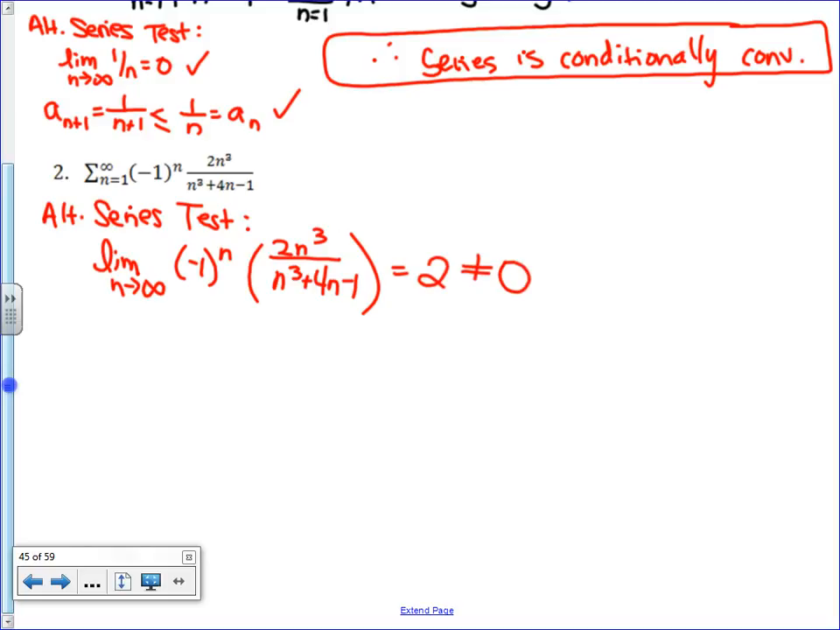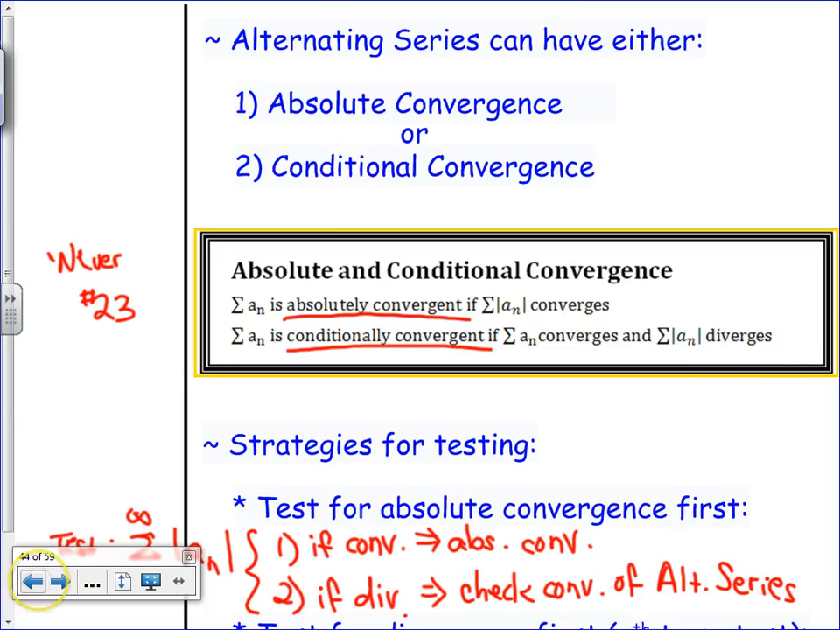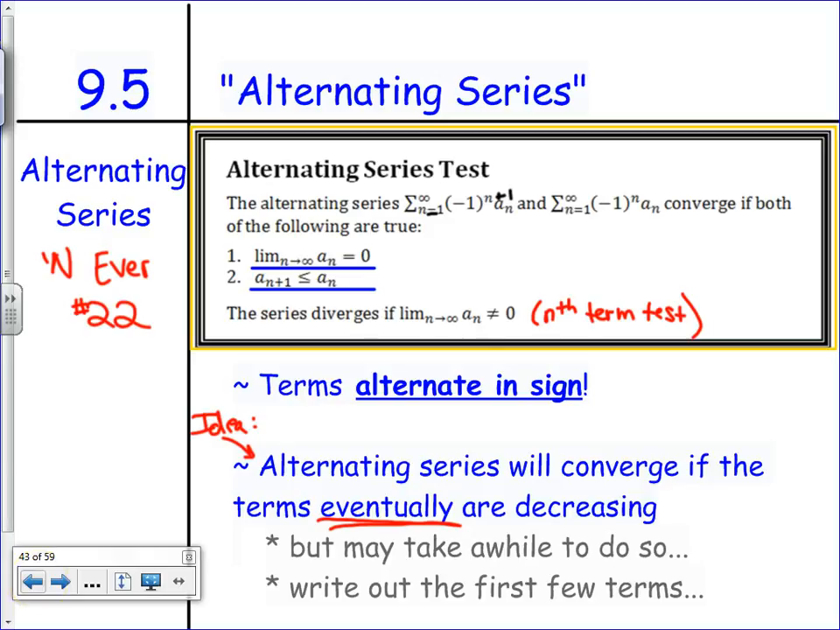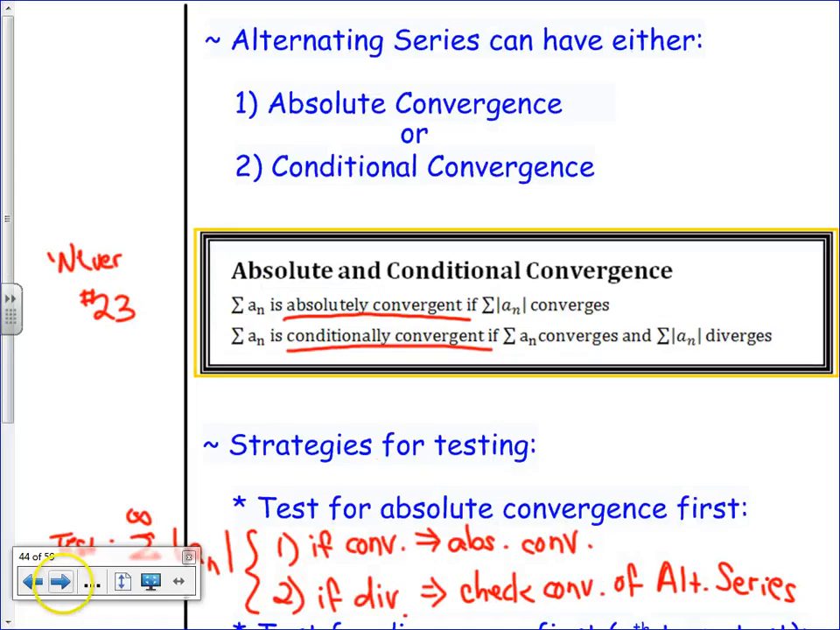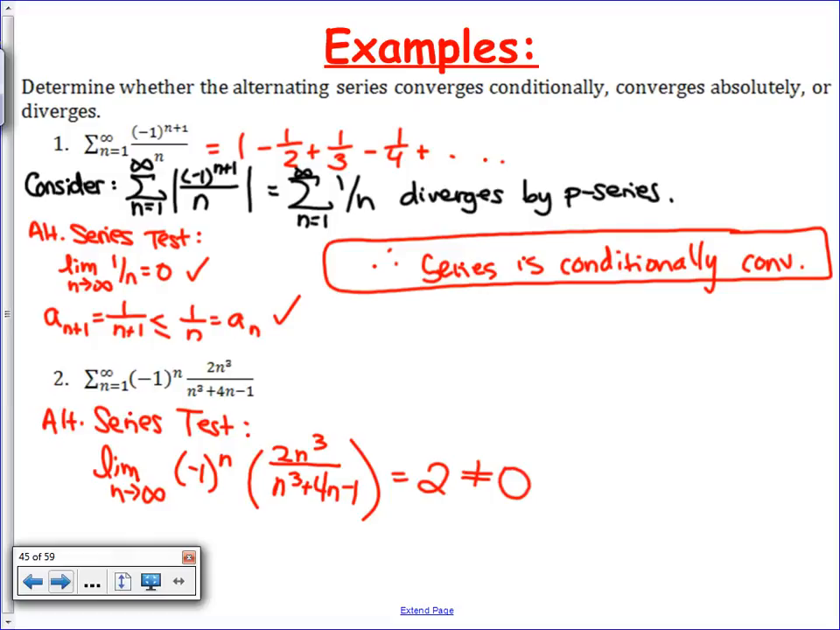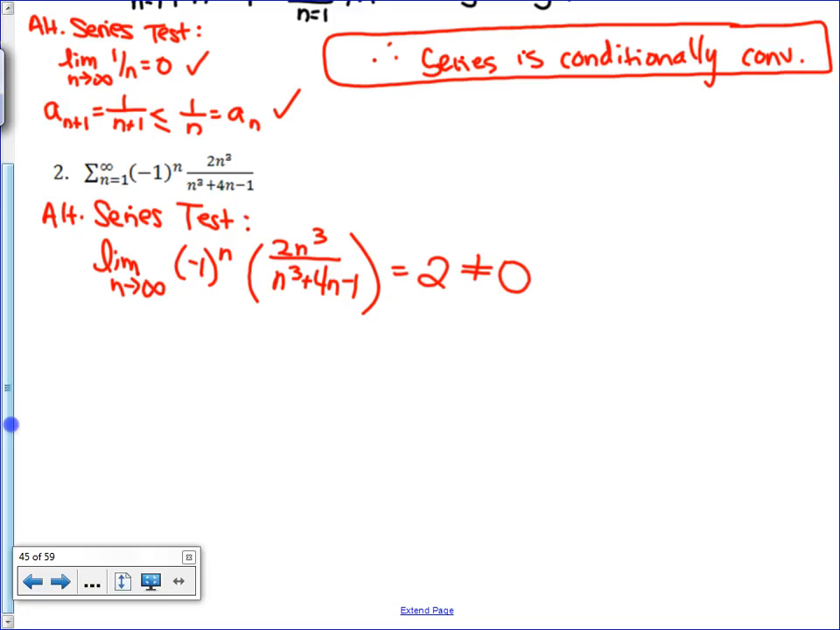So I can say, without even having to test the absolute value and say conditionally or absolutely, neither. What is the conclusion? Our alternating series test even says it. The first condition that has to be true is the limit as n goes to infinity of the term is 0. And if it's not 0, it diverges. Why? The nth term test. Diverges completely. No conditional or absolute or anything. So I can just say, therefore, basically by the nth term test,